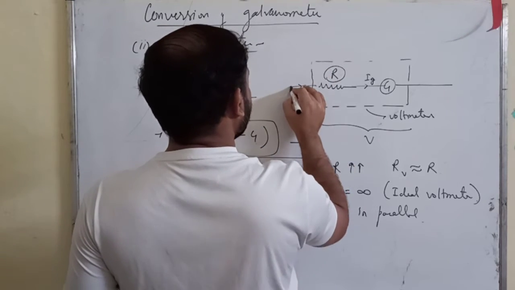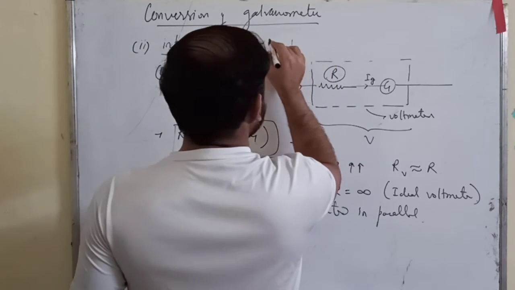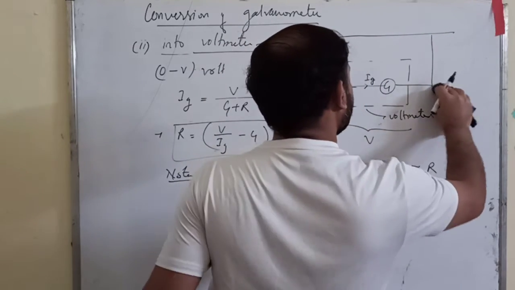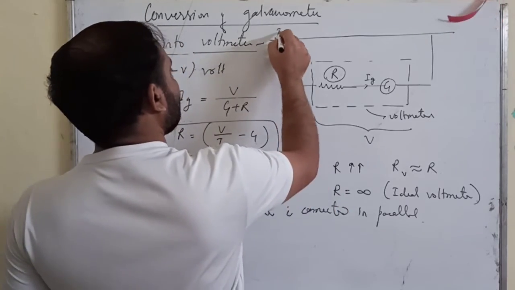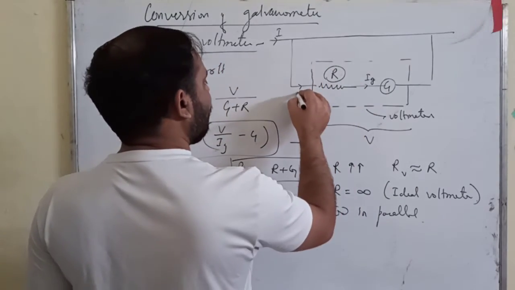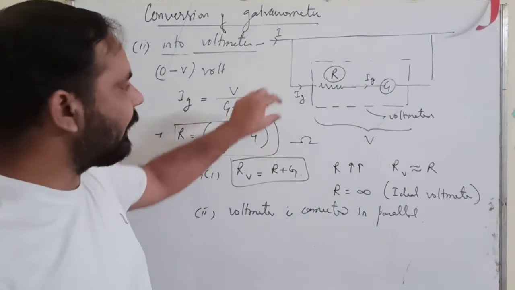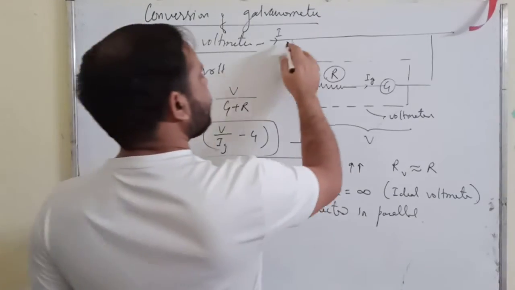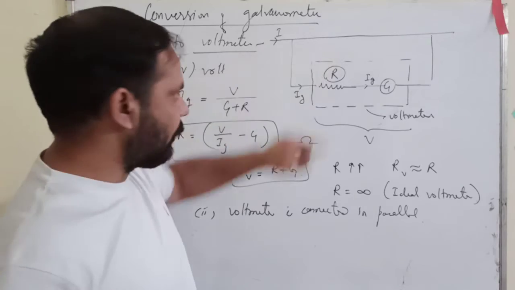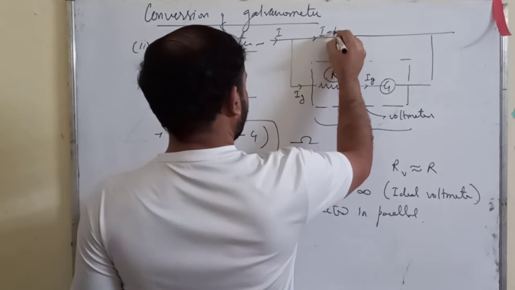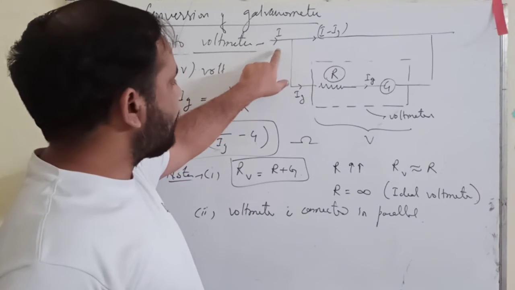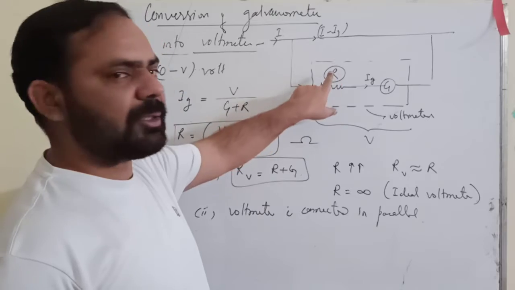Suppose this was your circuit, like this. Okay, so current I was passing through it. You connected this in such a way that only the Ig part comes here, which is very small. So almost the same current is flowing through that branch. Approximately I only is going through this branch. Suppose I minus Ig.